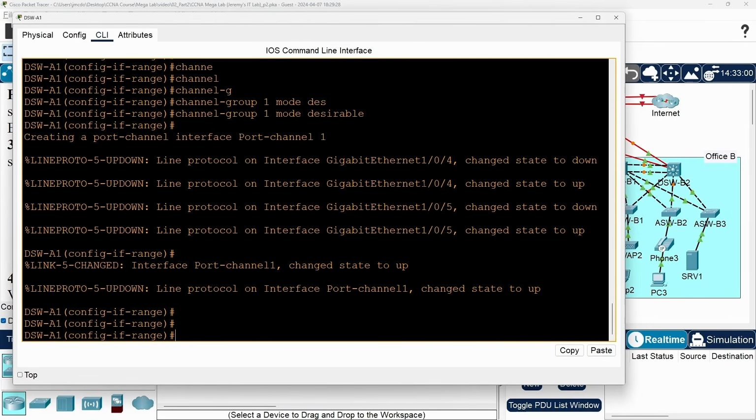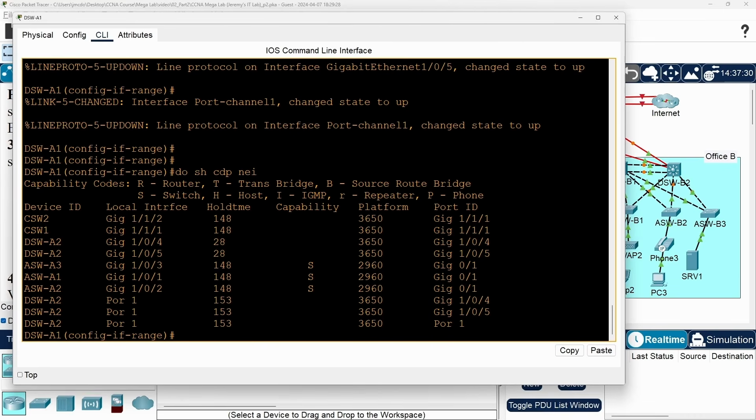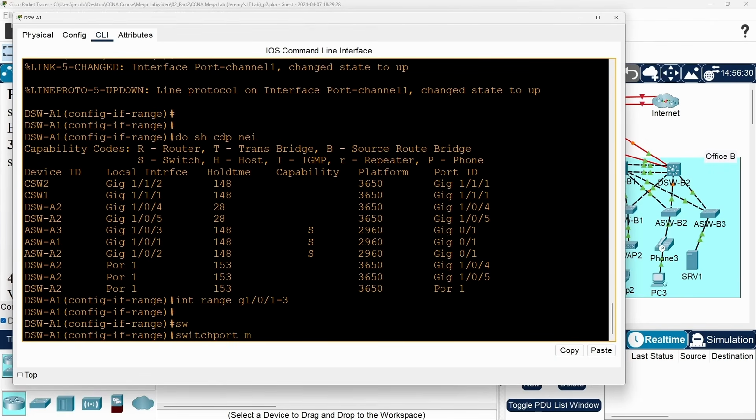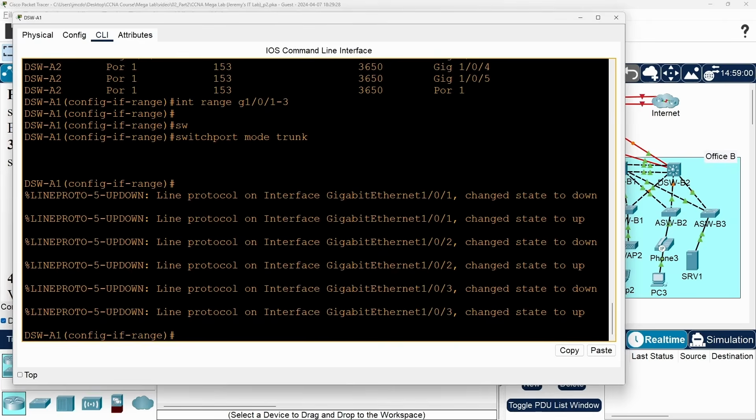First, let's confirm the correct interfaces with do show cdp neighbors. So ASwitch A1, A2, and A3 are connected to this switch's G1/0/1, 1/0/2, and 1/0/3 interfaces. So let's configure those interfaces as trunks. Interface range G1/0/1 to 3. First use switchport mode trunk to make the interfaces trunks.